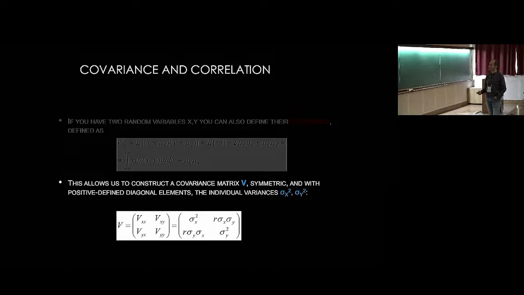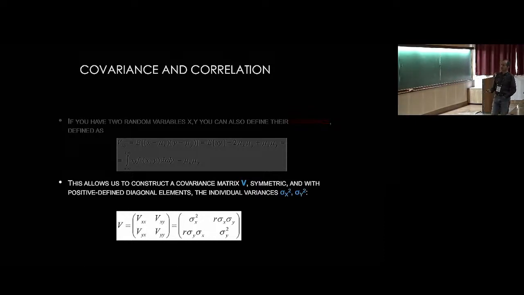So the diagonal elements of this covariance matrix are the individual variances of the two random variables x and y, sigma x squared and sigma y squared. But you also have non-diagonal terms, sometimes. Not always. Sometimes these values will be 0, and that is very nice, because if those non-diagonal terms are 0, that means that the two measurements x and y do not affect each other. They don't talk to each other. They are independent of one another, okay? Well, we'll get to that, how much independence and correlation